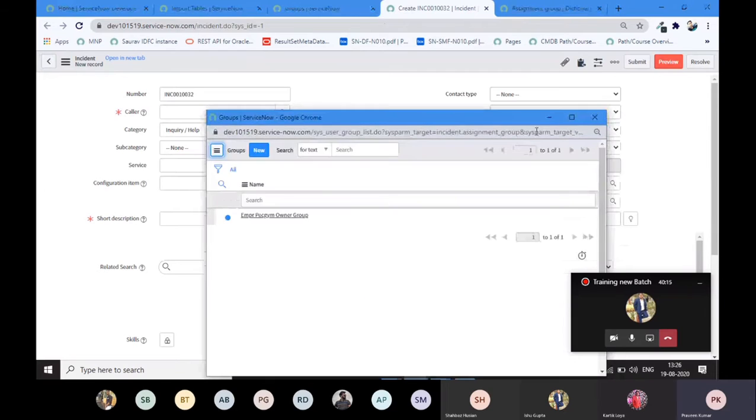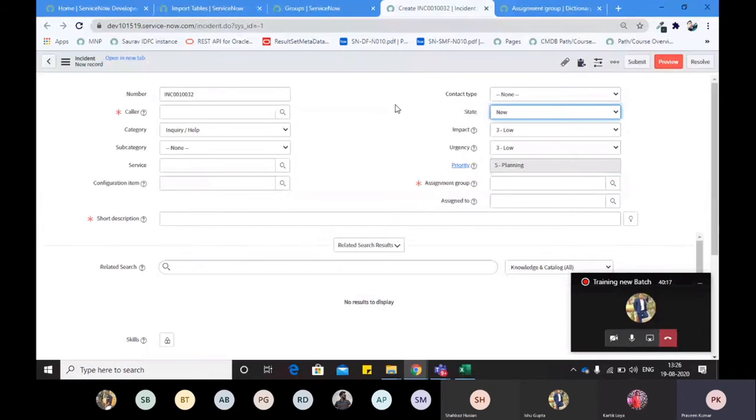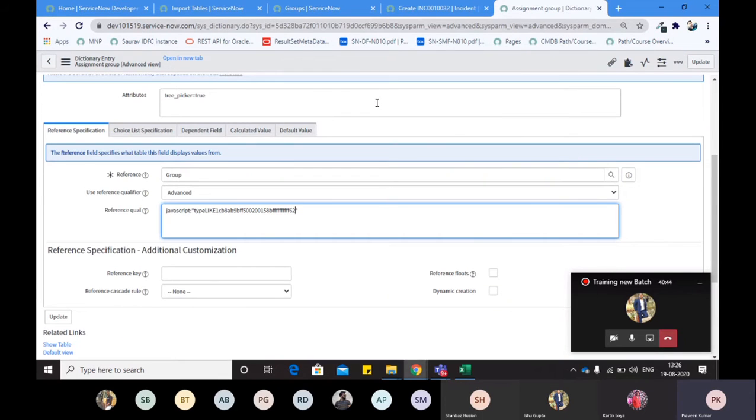should come here. Now every person who will come and log in to ServiceNow may be part of different groups. You may be part of 5 groups, I may be part of 2 groups, some other person may be part of 6 groups. So groups will vary. So we can't put a restriction, or keep it static, that only these groups will come. In that case, you have to run a particular query, right? And to run that query, you have to put a glide record as well.